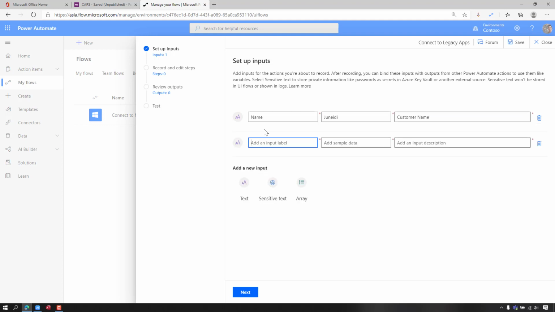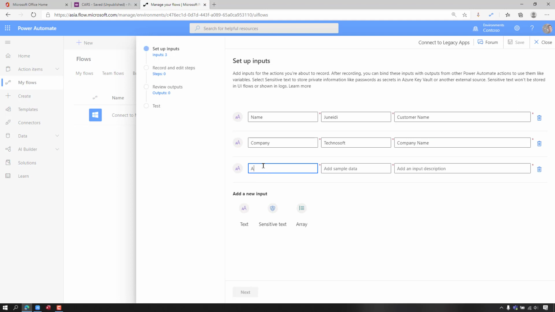I can just type in company name. This one is Technosoft, and just write in the details here. Add a new one for address, then type in address and start typing my company address here.